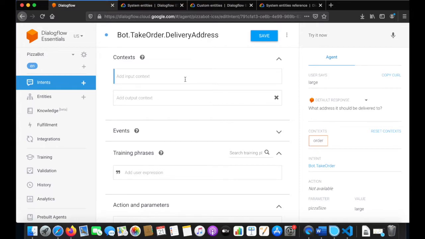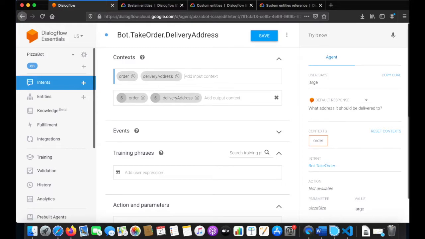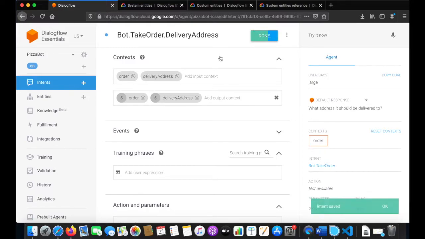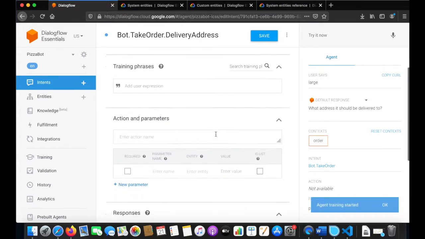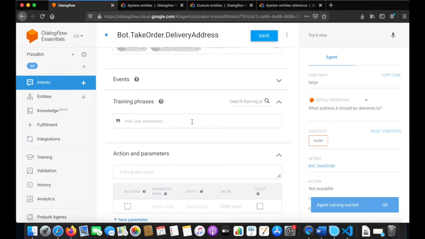And so the input context here is, remember we had two contexts here, order and address and delivery address, exactly. So the thing is, once we are done with this take order thing, we want to switch to this context and we want to extract all the addresses. So this is where the training part comes in. So the user can say my address is